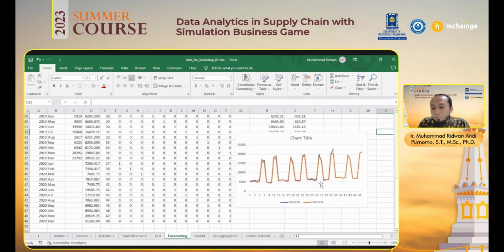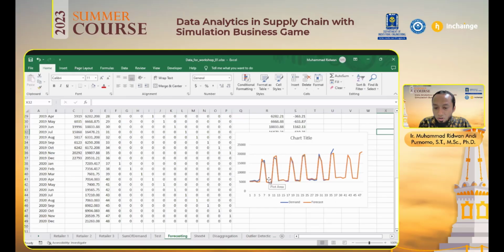So we know that the forecast fits the demand very well, and also when we use our model to predict the demand in the future, the prediction result also has the same pattern. This is very nice. Same pattern with the previous demand pattern. So if I ask you, will you believe the result? When you ask me, I will say yes. Why? Because the pattern of the prediction is not the same but similar with the previous, and also